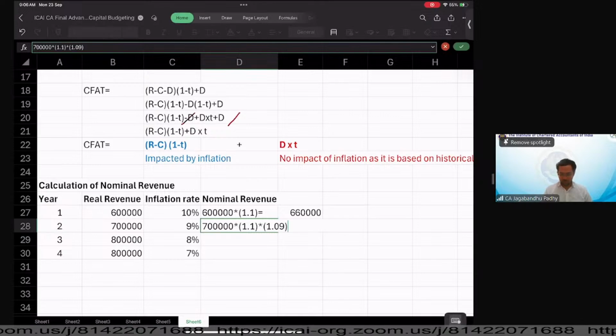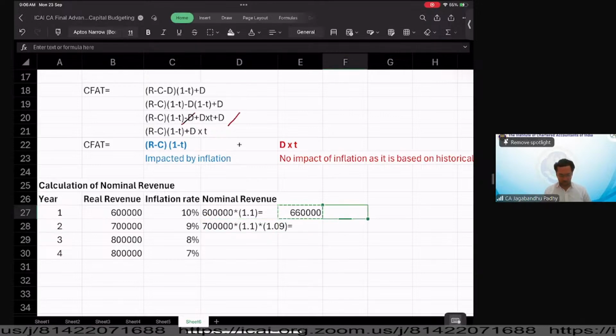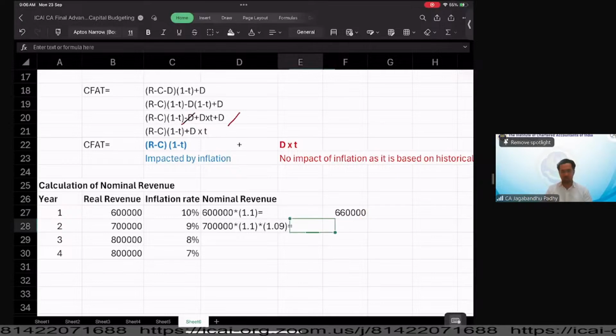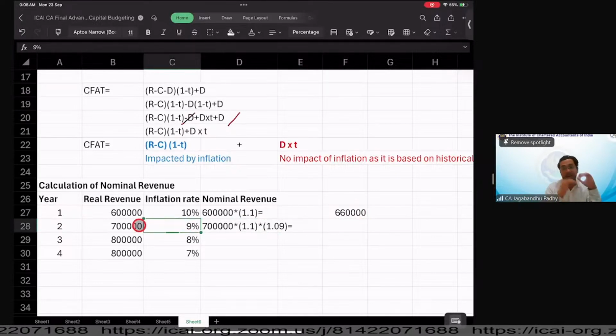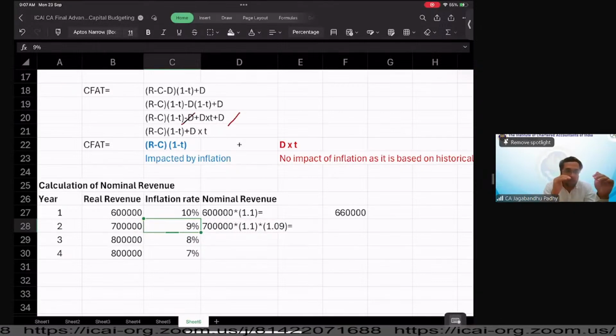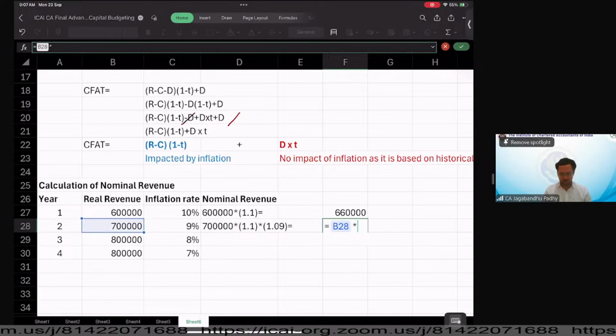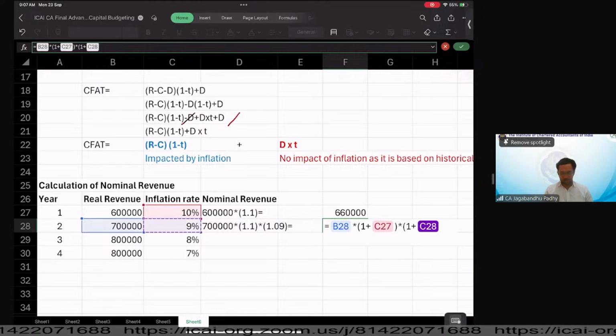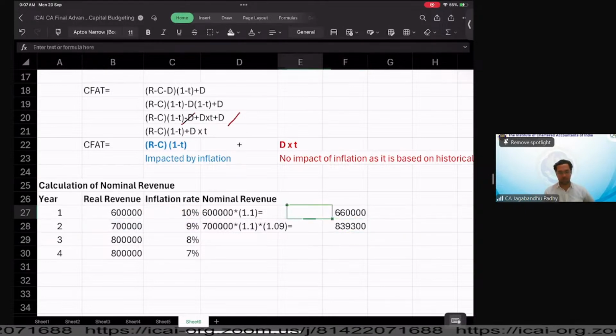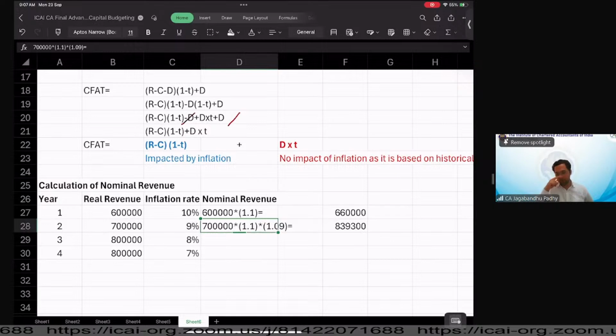Why are we getting this multiplied by 1.09 again, sir? Because 7 lakh is the revenue at current price level. After a year, that 7 lakh will be 7 lakh plus 10%. After one more year, which is occurring in the second year, that will be 7 lakh 70,000. To that, again, we'll have an inflation rate of 9%. So this is 7 lakh into 1 plus the 10% rate multiplied by 1 plus the 9% rate. So it's 7 lakh into 1.1 into 1.09.